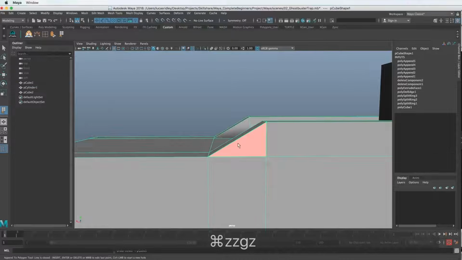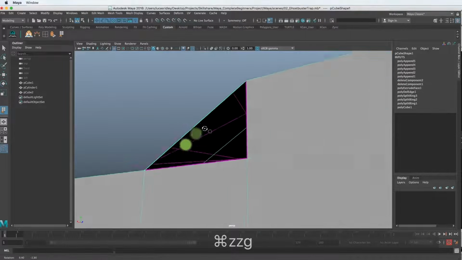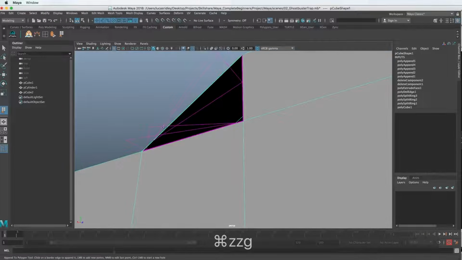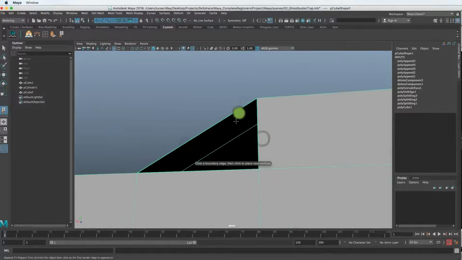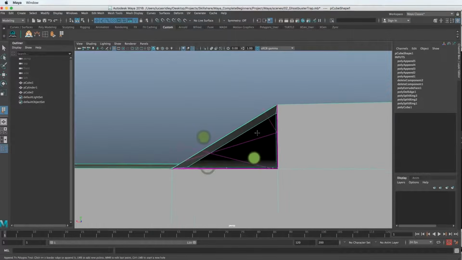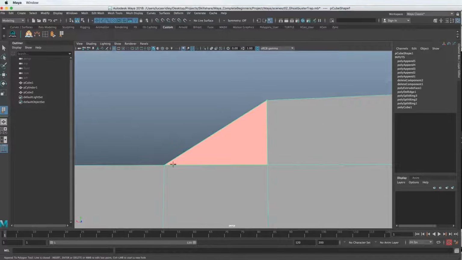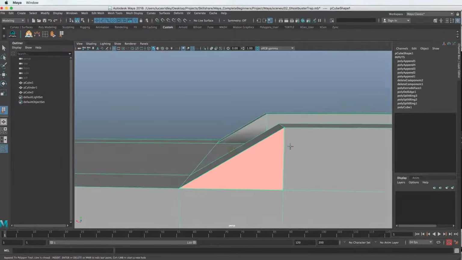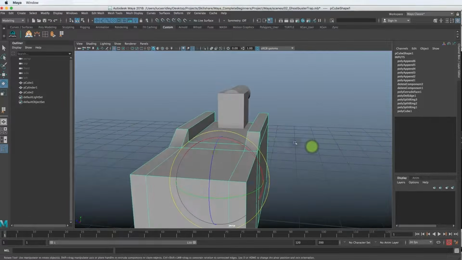The other thing to keep in mind, let me just hit backspace to undo that. These purple things are arrows, so it's telling you the edge direction. If I select an edge, you can see the arrows are pointing in a certain direction. They're going in this direction. They're huge, so it's kind of hard to see. But if you have a problem where you have more than 2 or 3 edges, look at those purple arrows and see which direction it's going in if you're having trouble making that work.